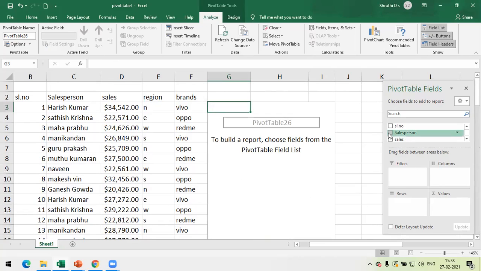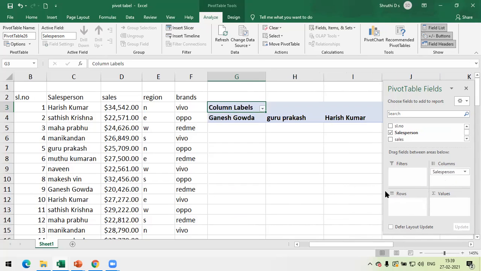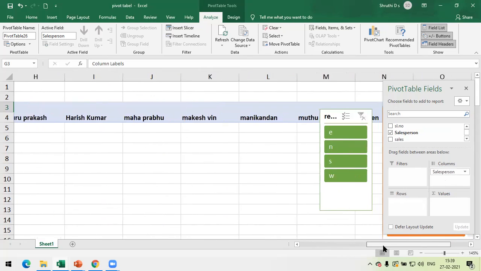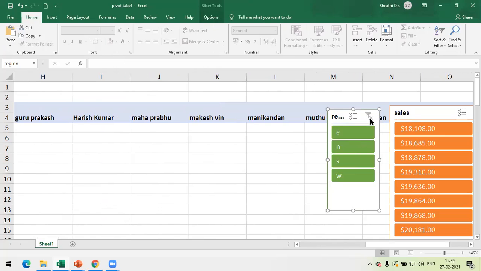I just want to view the salesperson. I will click on it. Only the salesperson details or the names will appear for you. Automatically the grand total option is available for you here, which I will be talking about later. Now see, only the salesperson has come in my rows. If you don't want that to be in rows, you can just select this and drag and drop into the column option. As you can see here, all the salesperson details are represented in my, one second.